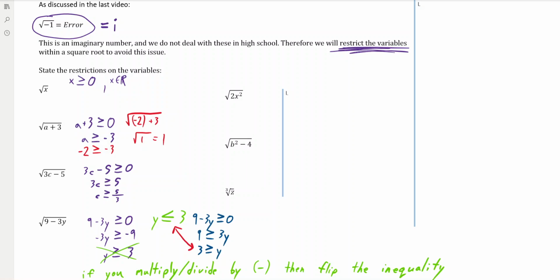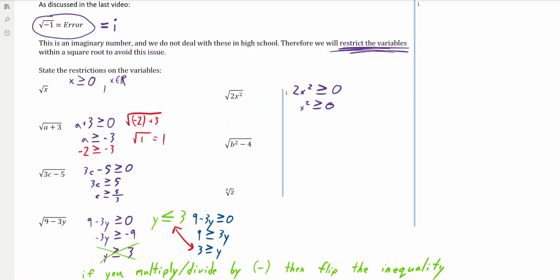Okay, let's take a look at the next one. So we're going to go through the regular process here. 2x squared has to be greater than or equal to 0. What you're going to notice here is if you divide 0 by 2, you still have 0. If you square root 0, you still have